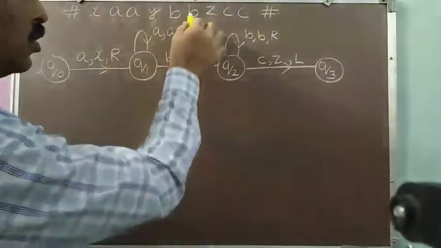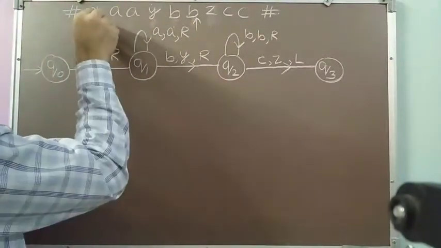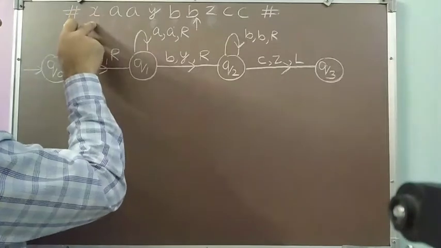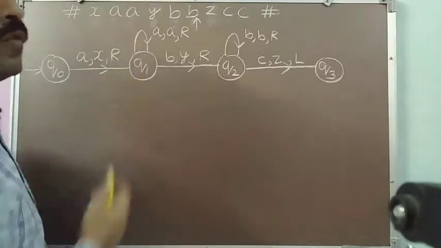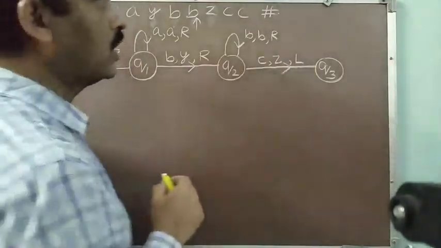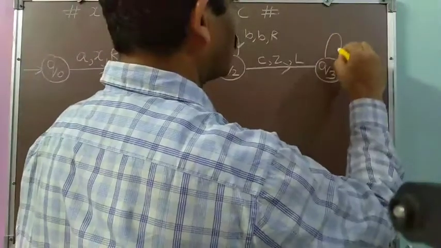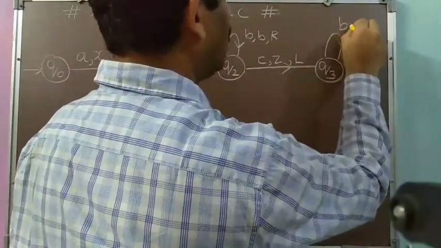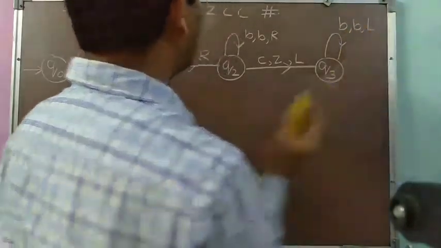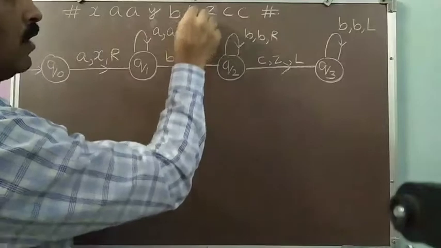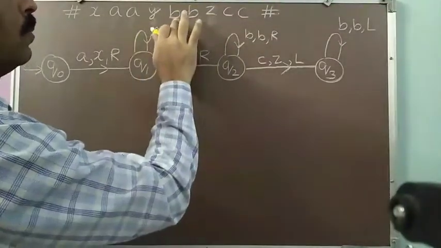So I will be getting B. So whatsoever B's, Y's or A's I am finding, I will be skipping. I will be finding first X, because on finding first X, I will move one position right. It will indicate to me the position of the leftmost A. So in Q3 state, I have to skip B's. So in place of B, I will be writing B and keep moving towards left. Again B, I will be writing B and keep moving left.